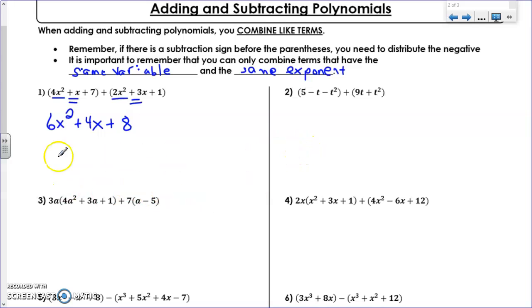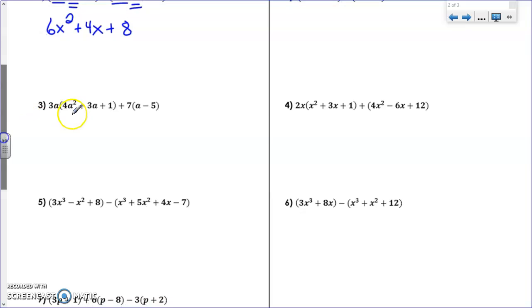Okay, so let's look at number 3 here. I just put extra in there in case we got to distribute first. So when you distribute, the exponents will change, because you were doing what when you distribute? Multiply. 3 times 4 is 12, and then I have 1a and 2a, so I have